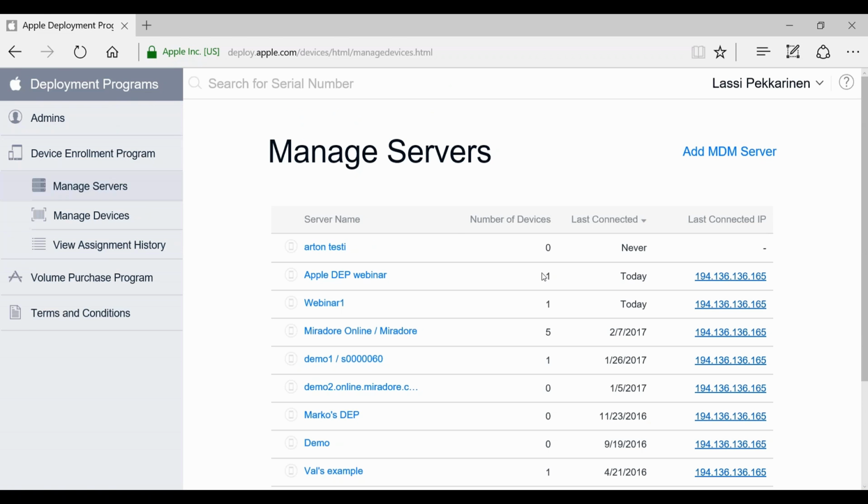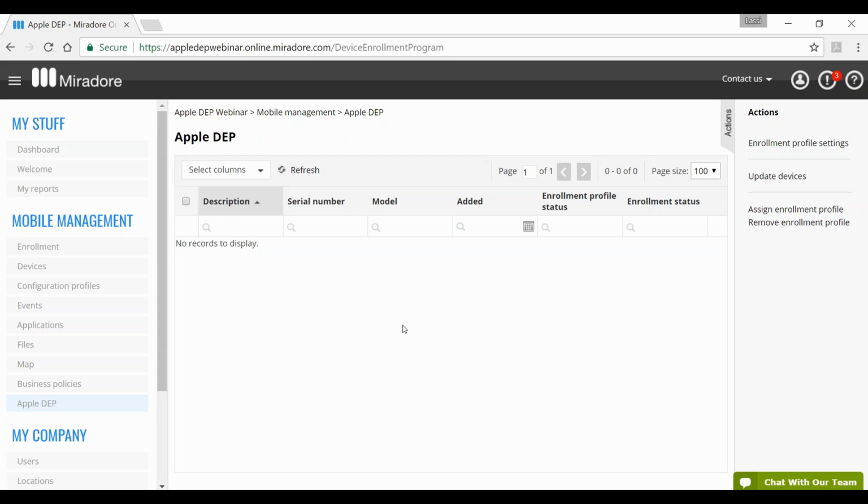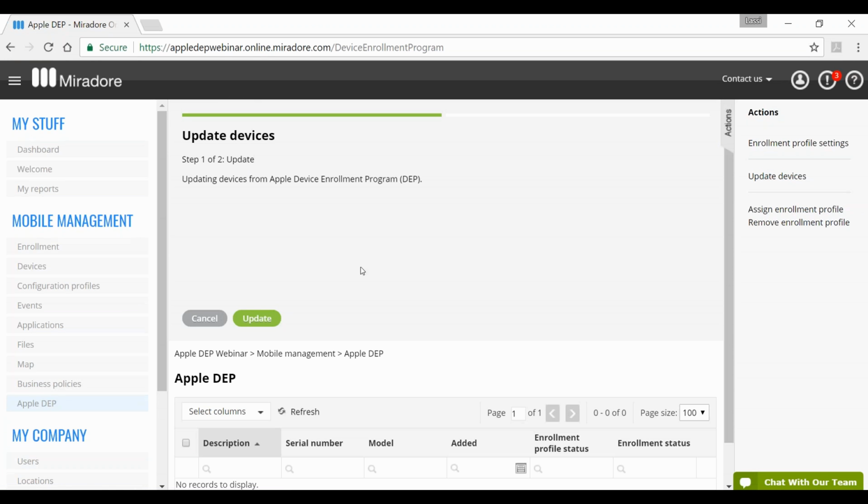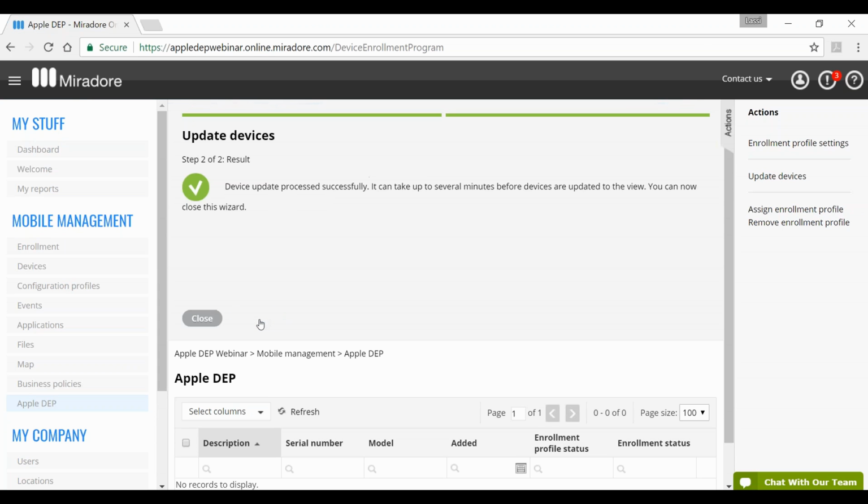So let's jump back to the Mirado Online view. Previously in this Apple DEP view it didn't list any devices, but let's click the update devices action, which will contact the DEP on the Apple side and retrieve the list of the devices assigned to this MDM server.